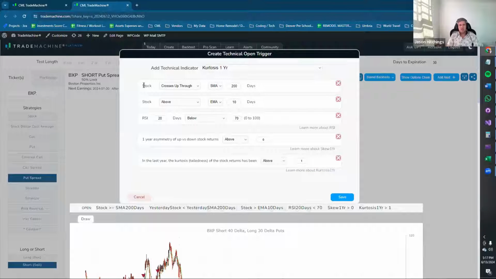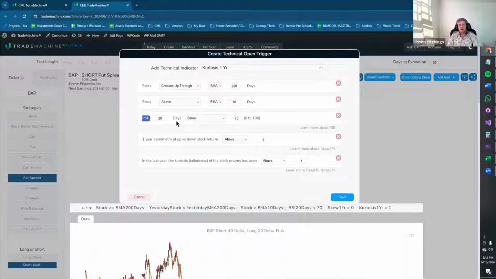This says that to be true, the stock needs to have crossed up through the 200-day moving average today, whenever you're putting this trade on. That's when it opens the trade. To be true, the stock needs to be above the 10-day exponential moving average. Now, the exponential moving average means you're looking at the recent data and giving it more weight than the older data. So it's just saying recently it also has an upwards trend. So it crossed the 200-day moving average, so it's kind of in a long-term bullish pattern. And also there's short-term momentum.